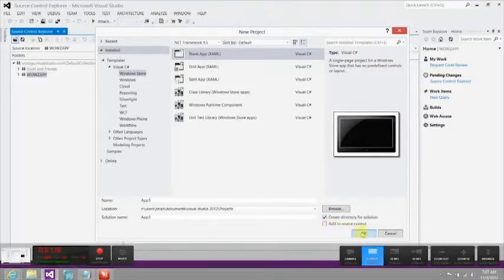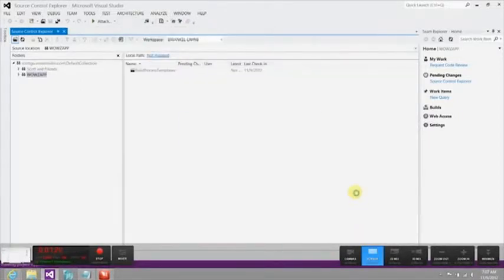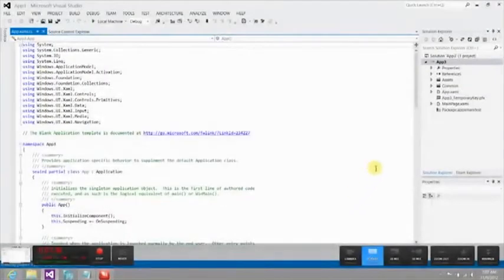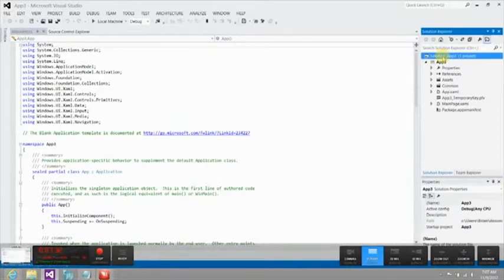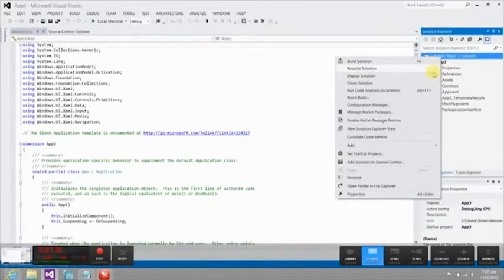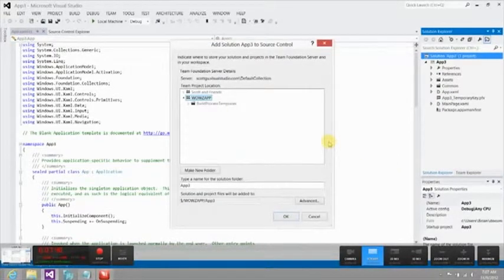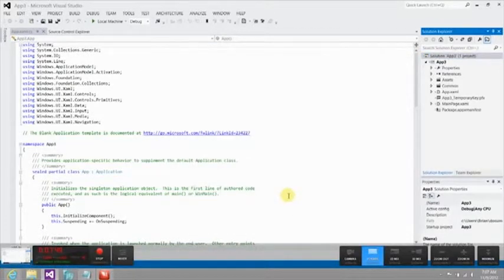I'm going to assume that many of you have probably already created your projects at this point, so let's go from the point of adding an existing project to source control. So after this gets created, right within Solution Explorer, all I need to do is right click the solution and say add solution to source control. Now I definitely recommend creating a folder for this, so we'll just call this my blank app, and we will click on OK. Now at this point you might think that you're done, but in fact all of these changes have just been pended